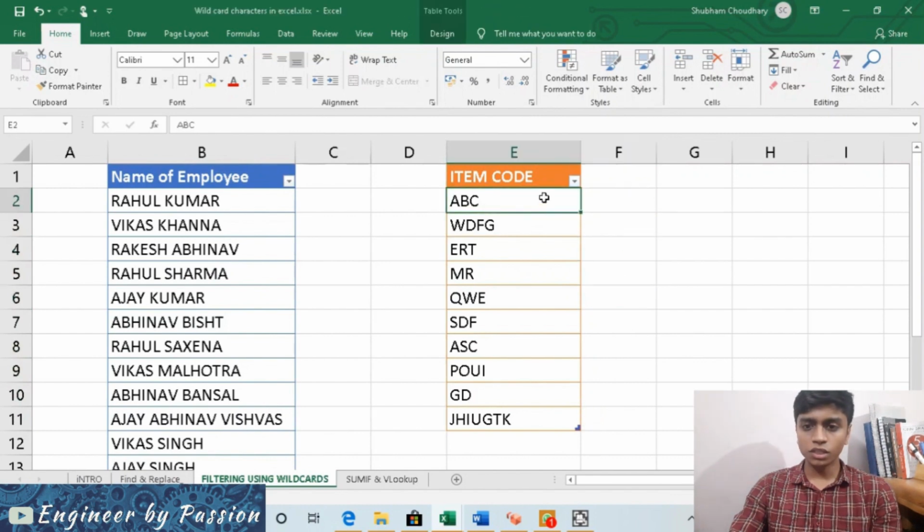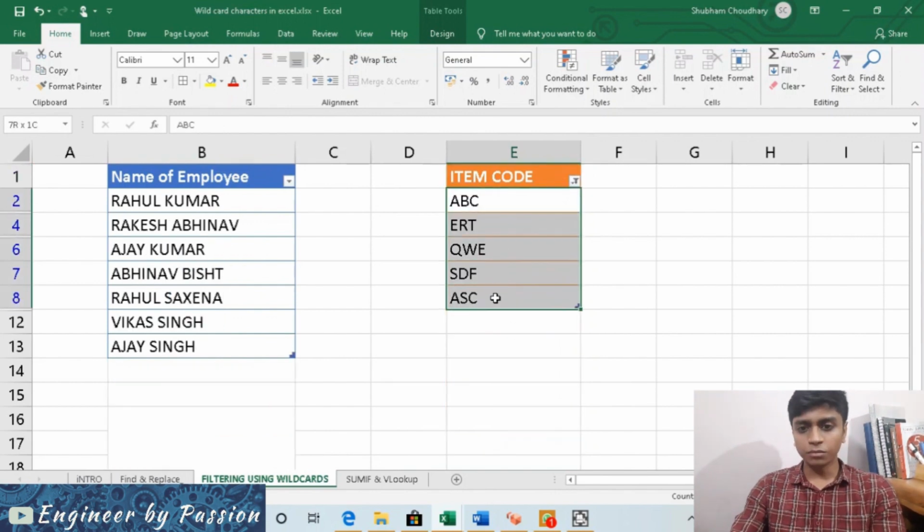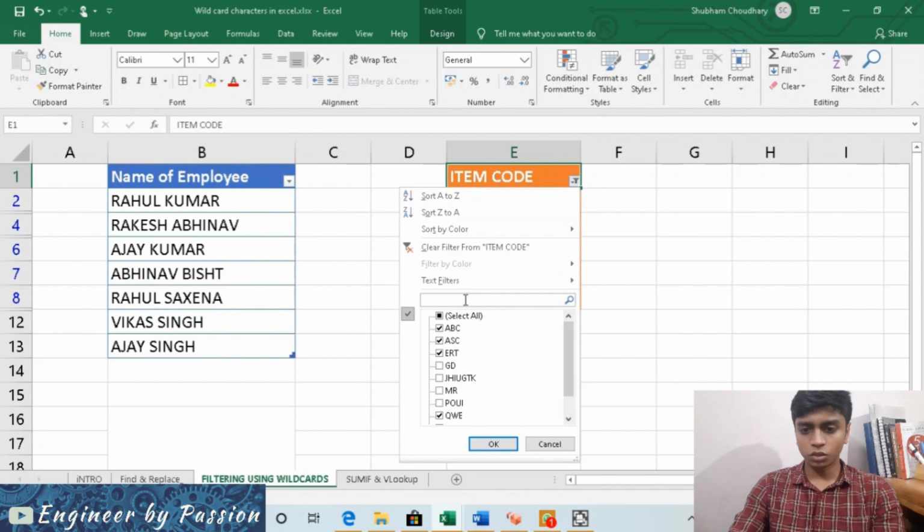Now what we can do is, for example, if I want only 3 character long item codes, I will just write 3 question marks here. So all those item codes which have a 3 character length are shown to me. If I want 2 characters, then I will just enter 2 question marks.